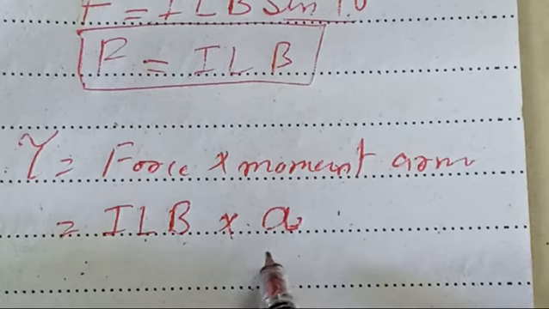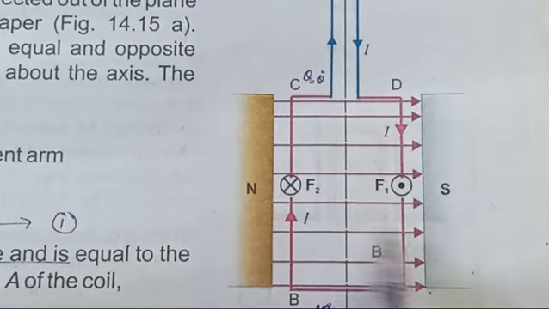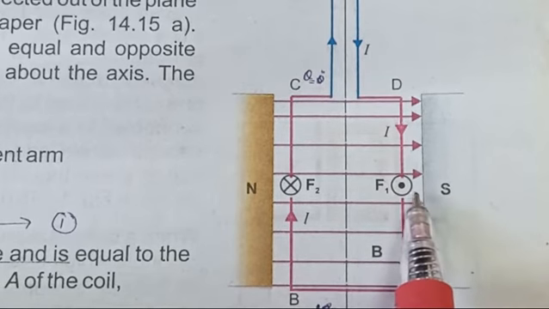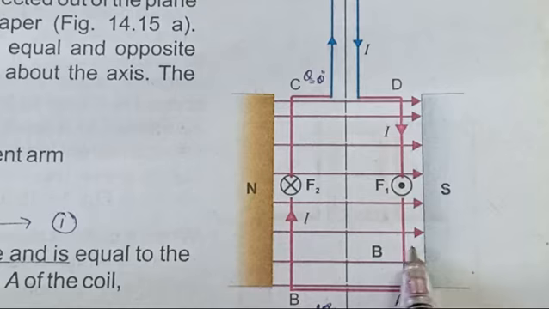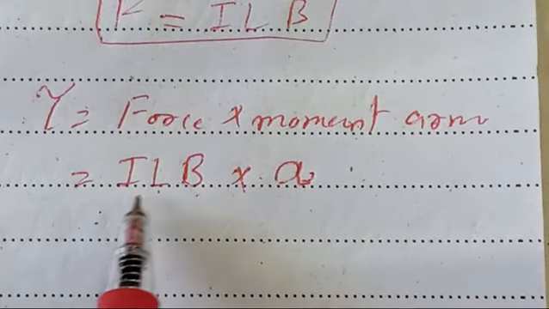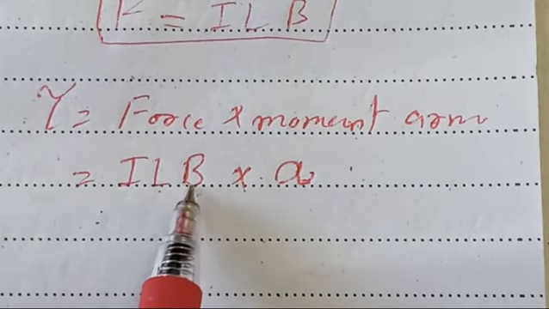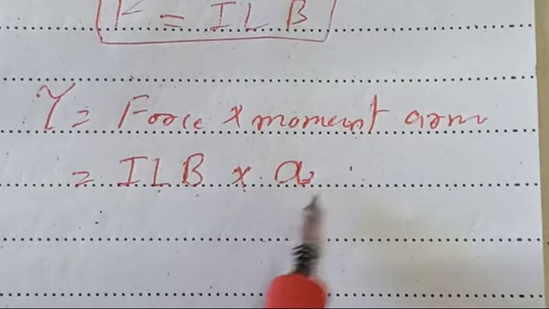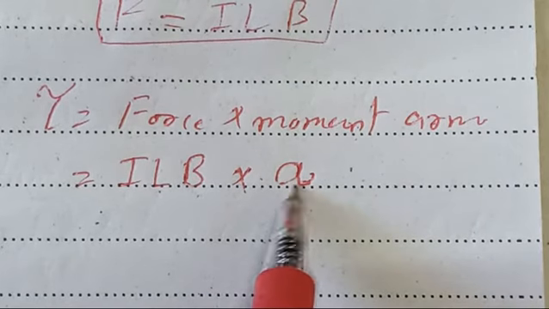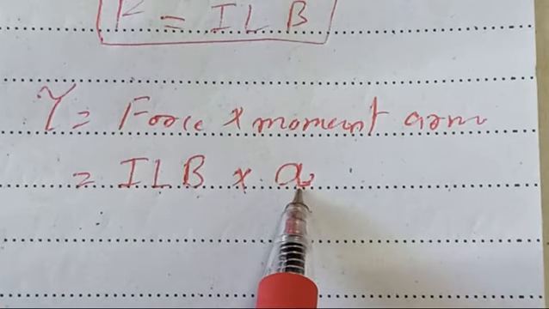Right. This is the length of any one side of the rectangular coil, whose sides are perpendicular to the magnetic field. So where A is the moment arm of the couple and is equal to the length of the side AB or CD, not combined. Okay. As stated students, I is current, L is length, it is in meter, B is magnetic field in Tesla. This A is also length. Okay, one side length.